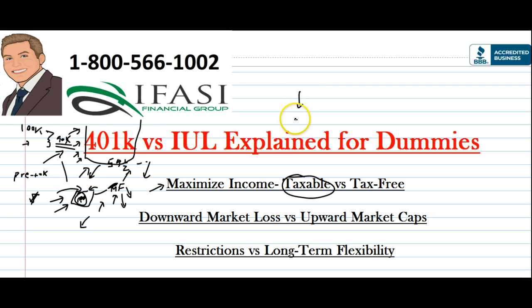But now what's happened, if you look at historical tax rate charts, we notice that tax rates are at all-time lows, and with the economic deficit, the assumption is that there's going to be increases in taxation. So even if you're making $100,000 right now and in retirement you're only making $80,000 or $60,000, whatever the case may be, if you're sitting at a 30% tax bracket right now based upon your income, but then at retirement, yes, you're making less income, but if taxes increase, and even though you're making $80,000, tax brackets are now at 40%, well, you're